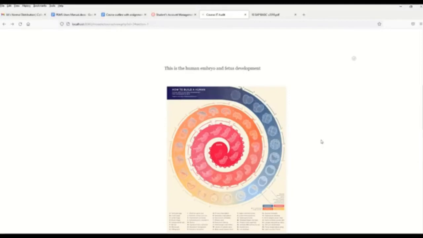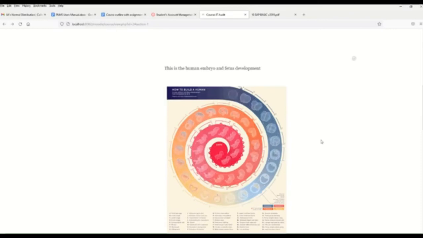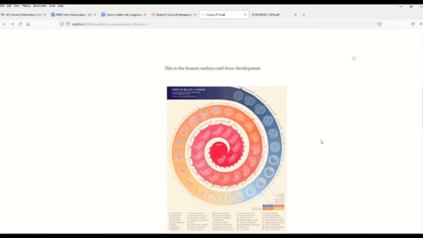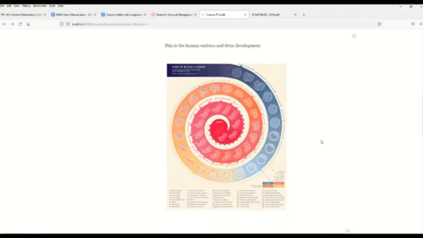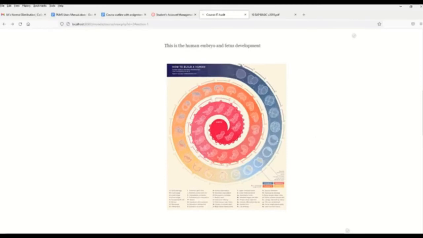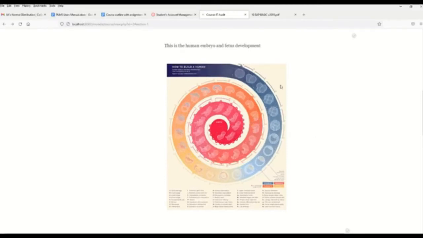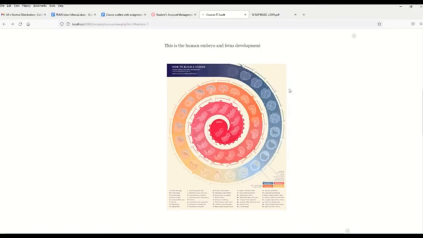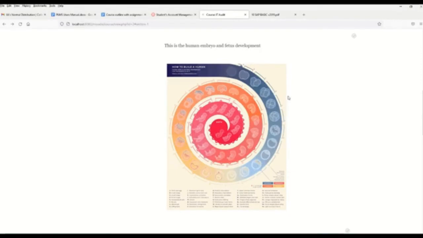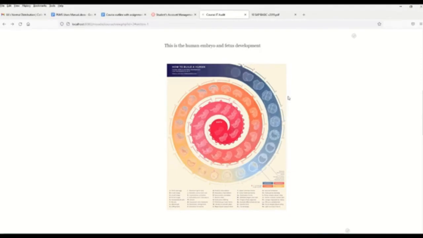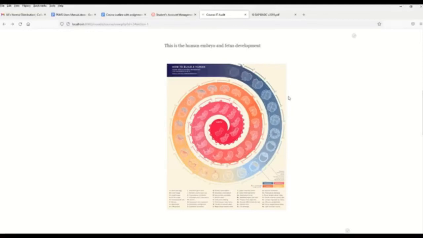So what I have actually added here is not a video file. It's actually a GIF file. You might have seen this several times in your social media. There are actually several GIF files that are really informative. And if you really want to take advantage of GIF files, you can actually convert a movie file into a GIF file, although this is going to be limited to just certain